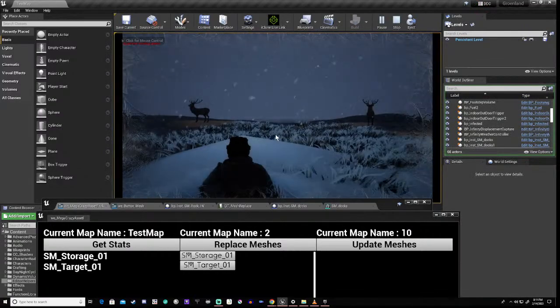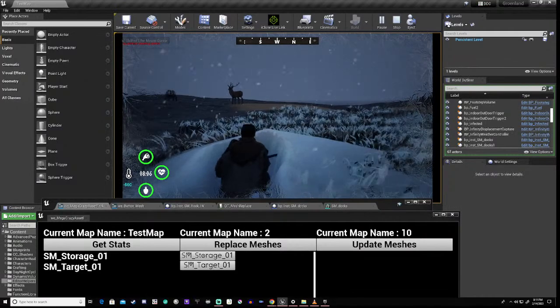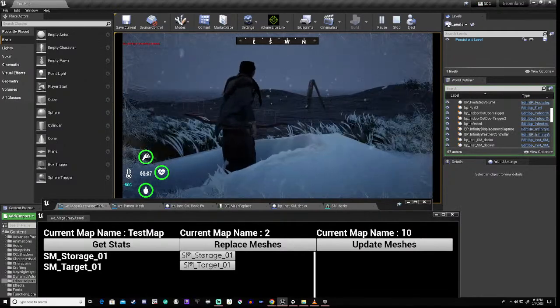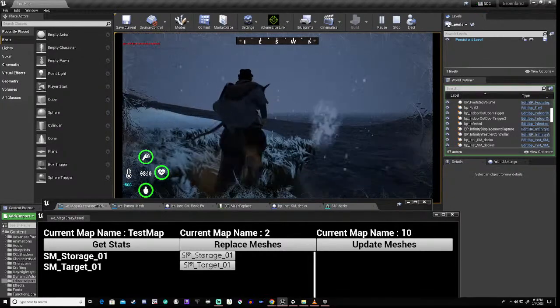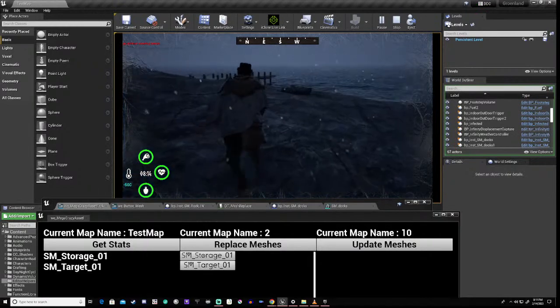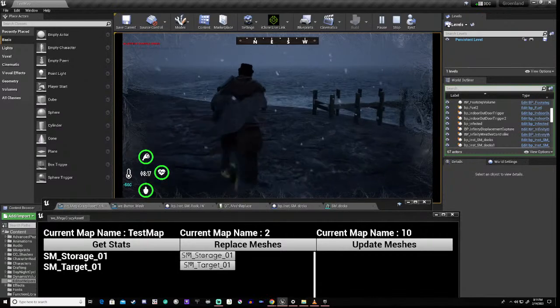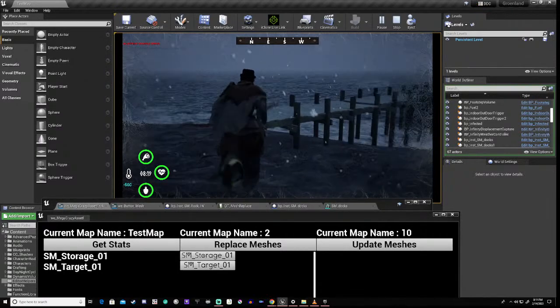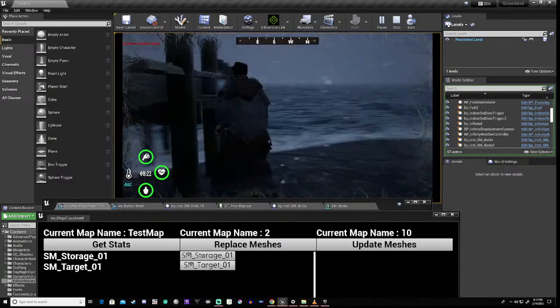Cool. Now, the next thing I need to check, actually, is we need to check if there's collision on those meshes. Right? Yeah, there is. Cool. Yep, fine. Brilliant.